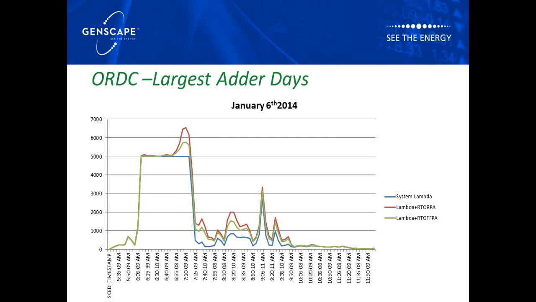On January 6th, we hit price cap for a number of hours in the morning. I believe everything was freezing, and there were a lot of tripped units. We lost a lot of units in the morning during the ramp. On this slide, the blue line is lambda, the regular price, the green line is the offline reserve adder, and the red is the online reserve adder. For the first few hours, between about 6 and 7:30, when there were no reserves, there was very little price adder, even at cap.